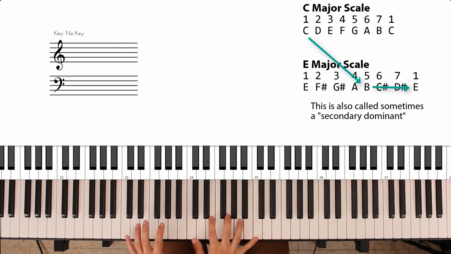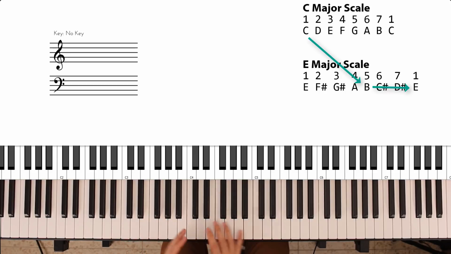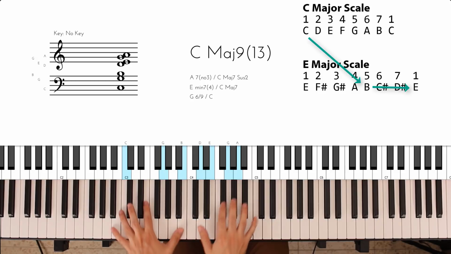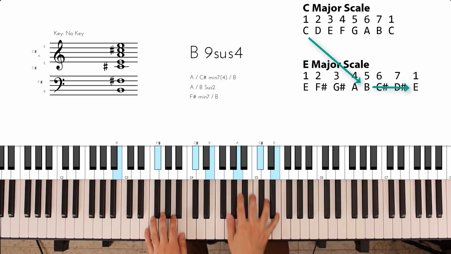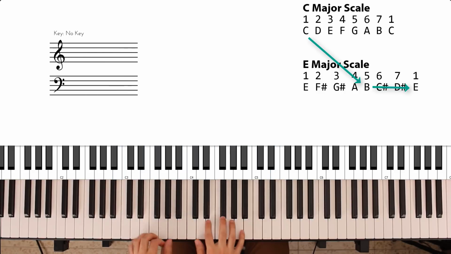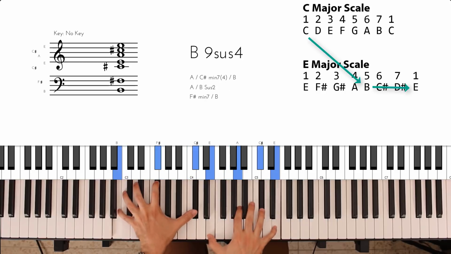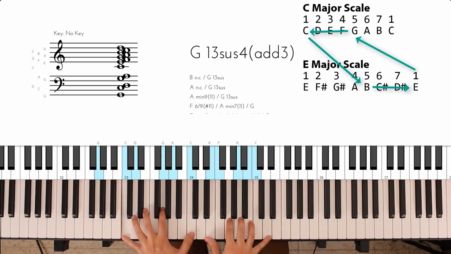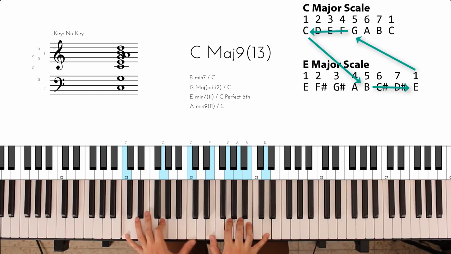And once you use this big sus chord to voice the B, then you get a really nice, lush sounding progression, which sounds like this. So start with the C, and then you go for the big sus B chord. So put together, and back to the C. And I could do maybe